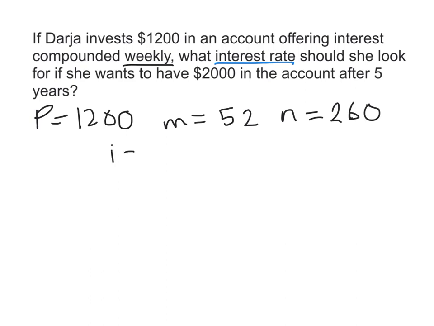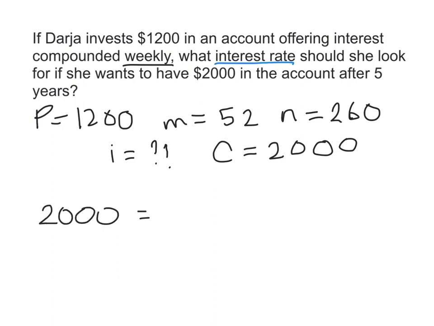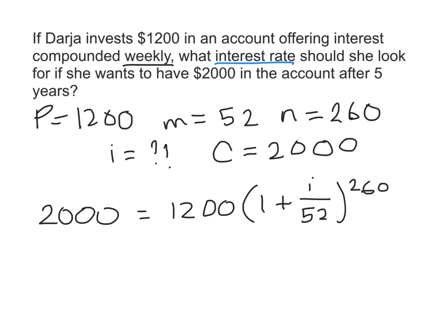This time, it's I that I don't know and my accumulated amount that I do know. So when I plug into my formula now, I know the accumulated amount. There's my P times 1 plus I don't know over M, where M is 52, to the power of 260. We'll have to follow a series of steps to solve for I. In the first step, I divide both sides by 1,200. I always do this first,